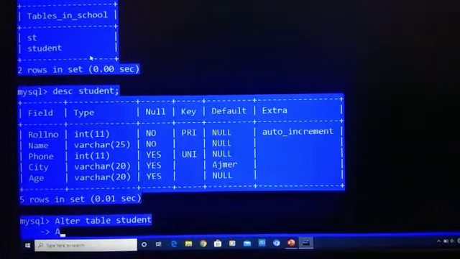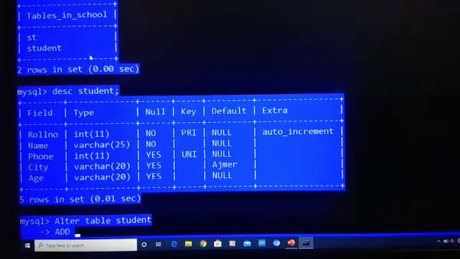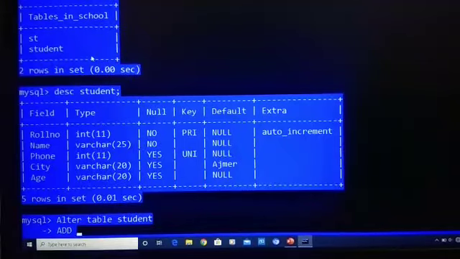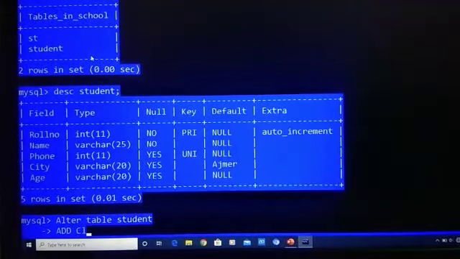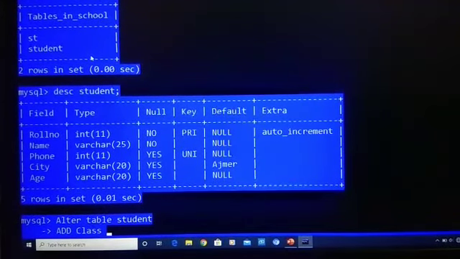Then add, and after a space we will write our column name. We have to add the column class, so we will write class. Then its data type should be integer, so we will write int and press semicolon and press enter.